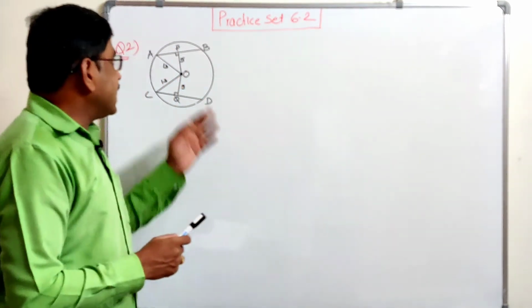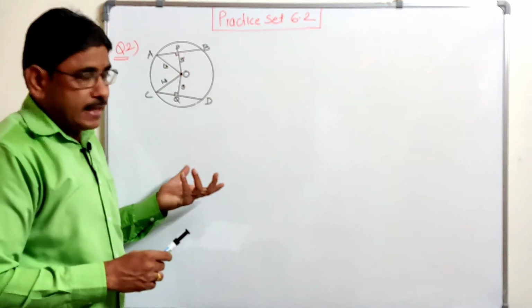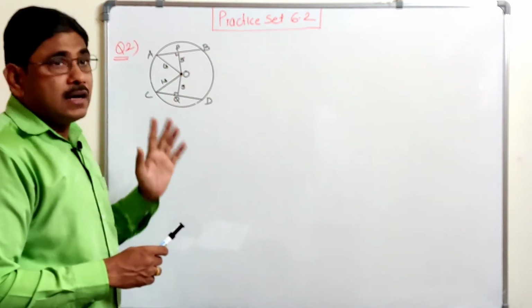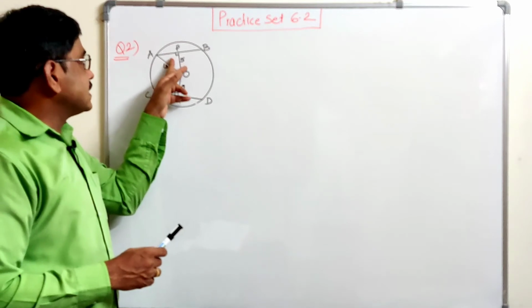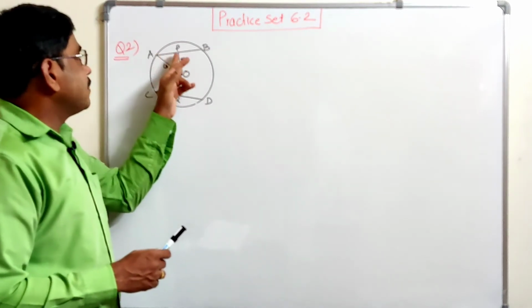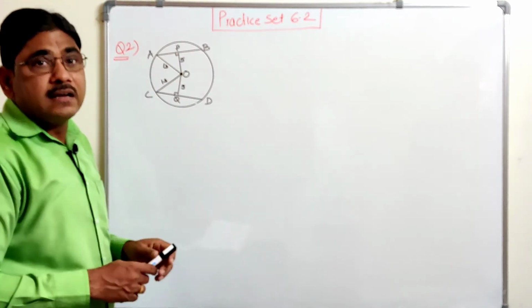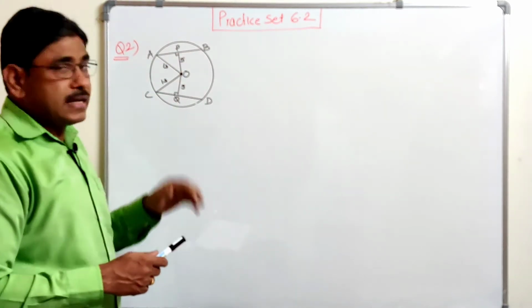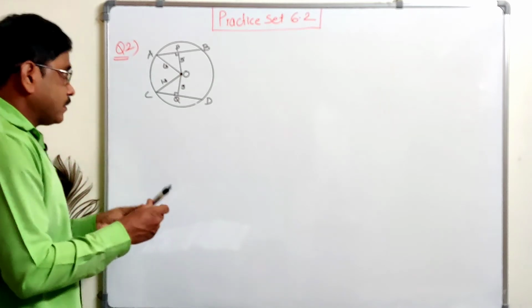So if we find the length of one of the chords, both are of equal length, then we get the length of the other chord. So consider either this triangle or this triangle, consider any one triangle and find this AP, twice of that we get AB, similarly we get CD. So let us see.